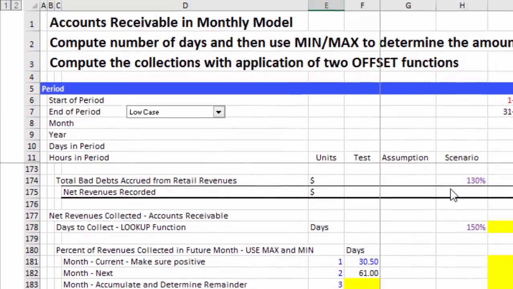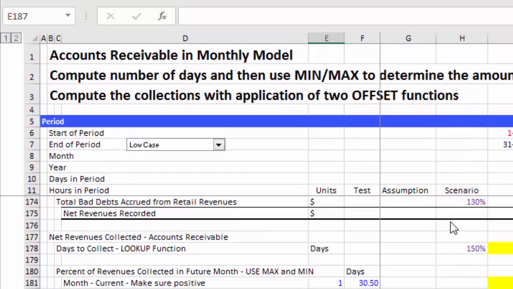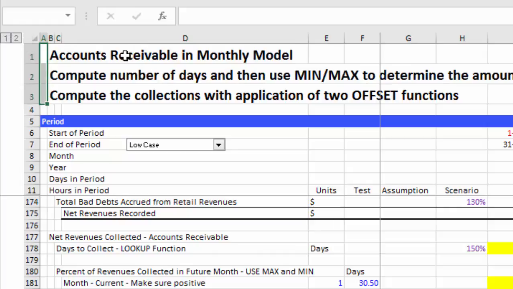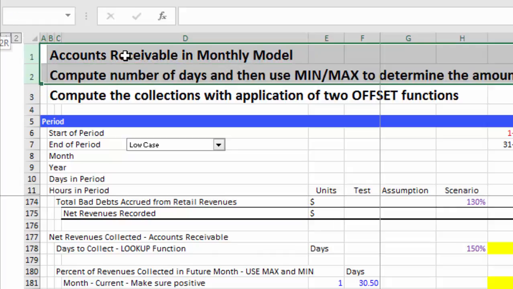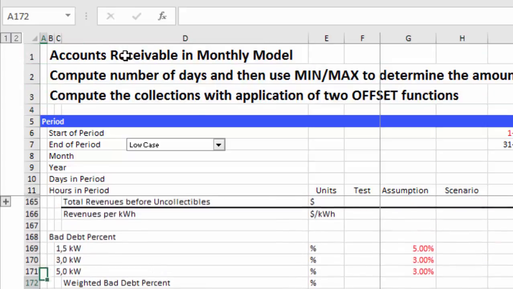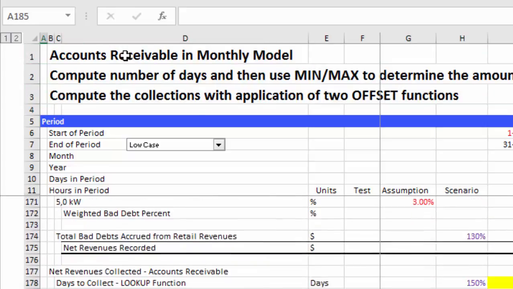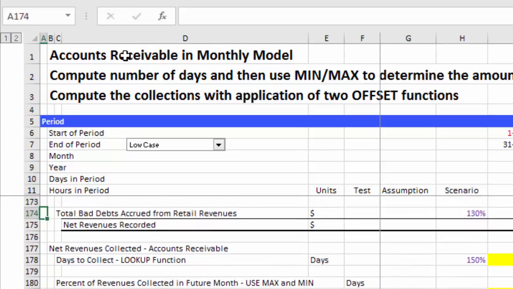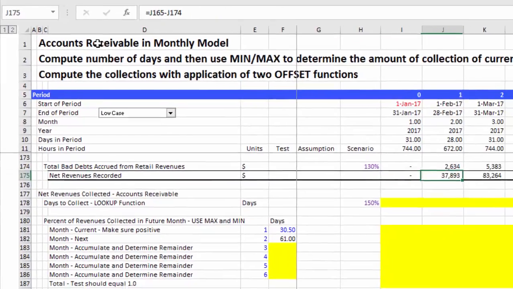applications. And here's why it's going to be so difficult: I've got to the accounts receivable page, and we're going to look at the minimum and maximum functions, and we're going to look at this offset function. And the issue will be, let's say we have some net revenues recorded right up here, if you're seeing what I'm doing, and then